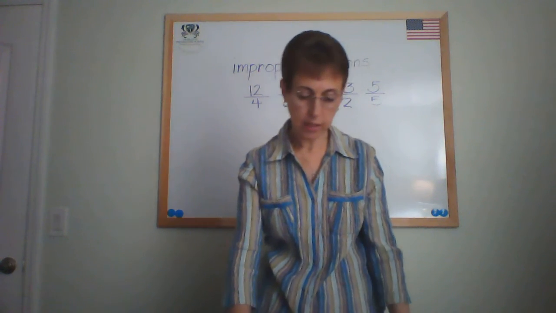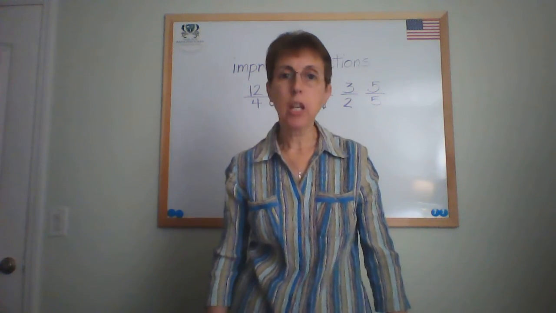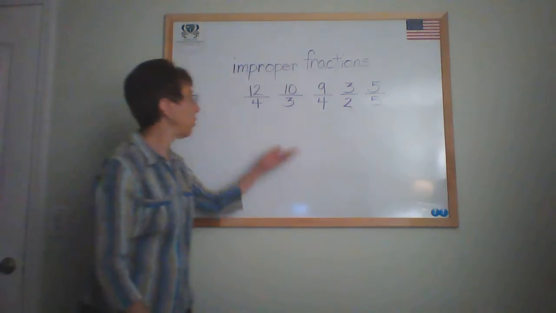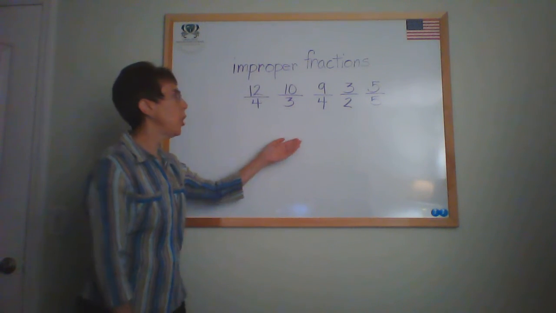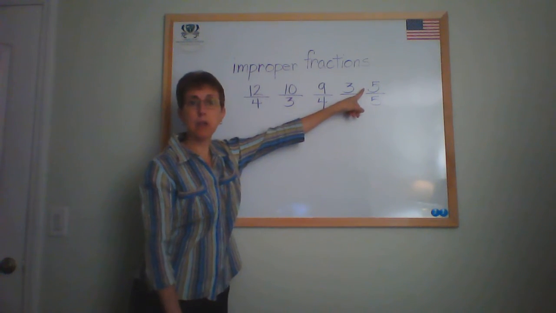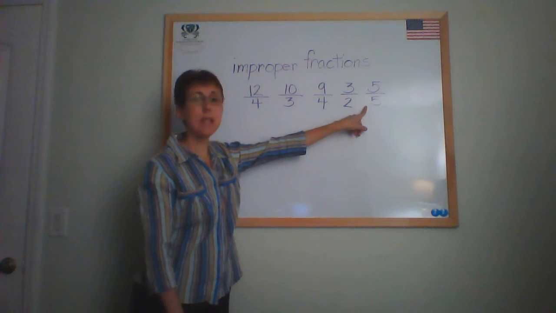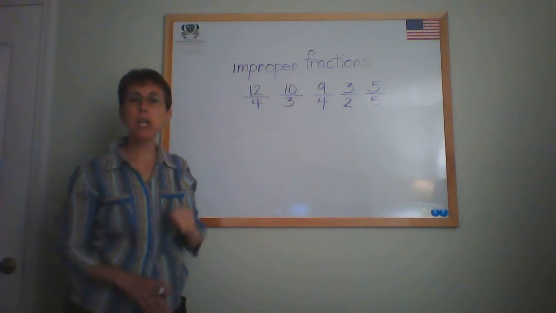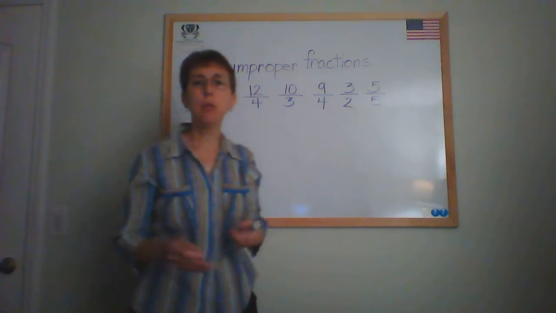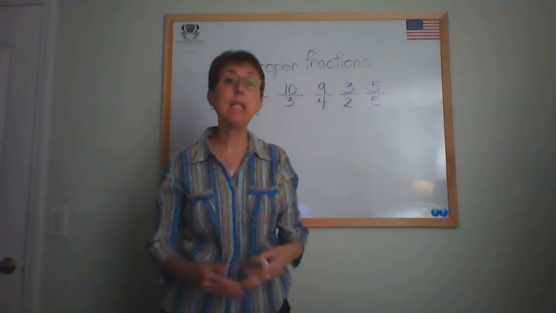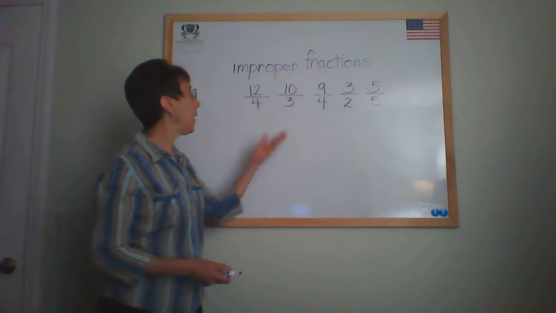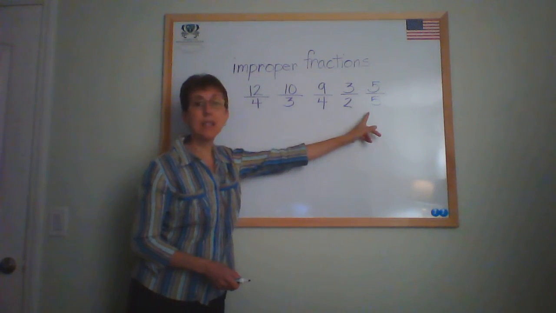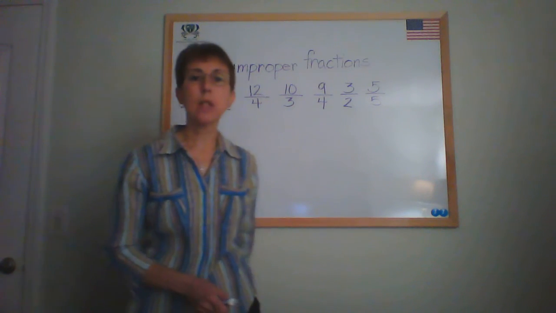Today we're working on lesson 114, changing improper fractions to whole or mixed numbers. First of all, anytime your numerator, the top number, is the same as the denominator or greater than the denominator, you have an improper fraction. Remember, improper means something that's not proper, something that's not right in a sense. So anytime we have a larger numerator or a numerator that's the same as the denominator, these are called improper